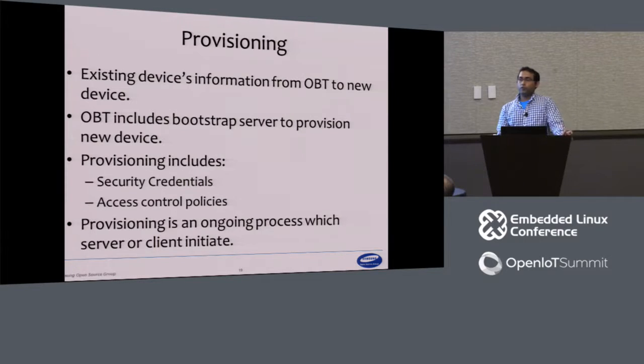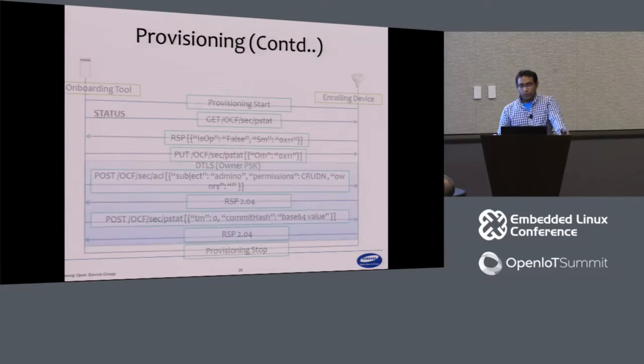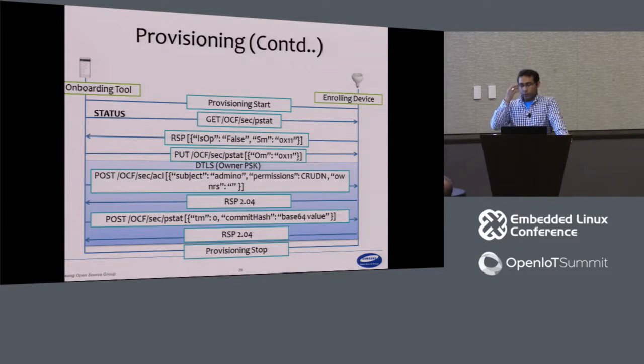Provisioning is a continuous process. It can be initiated by a light bulb, or it can be initiated by the client itself, like the onboarding tool updates all the devices in your home network that there is a new device in your network, and provides the information so that they can connect with it. How it happens is exactly like in the previous step, you have the PSTAT,